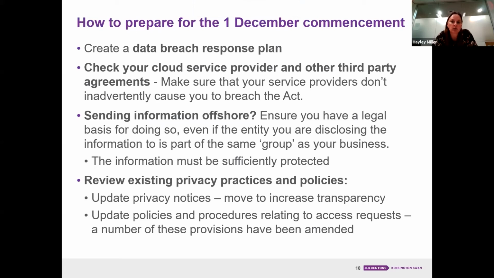Other policies and procedures which get triggered for change. We didn't cover off the access requests changes. A lot of the high level of the access request stuff hasn't changed, but some of the procedural aspects have changed, and certainly the clause references and the exact wording has changed and been moved around in the Act. So if you do have a policy and procedure in terms of how you respond to access requests, those documents should be updated for the new language and the new requirements. And if you don't have one, think about getting one.